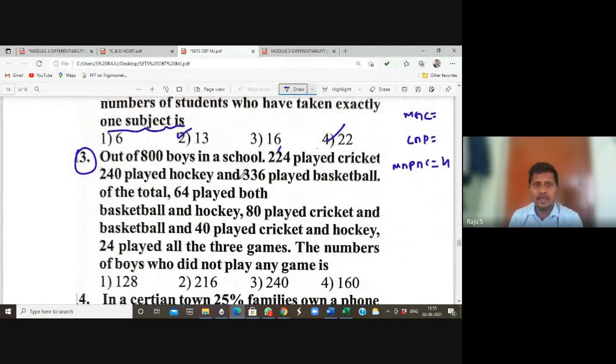Out of 800 boys in a school, 224 played cricket, 240 hockey, 336 basketball. Of the total, 64 played both basketball and hockey, 80 played cricket and basketball, 40 played cricket and hockey, 24 played all three. The number of boys who did not play any game. Who did not play any game means